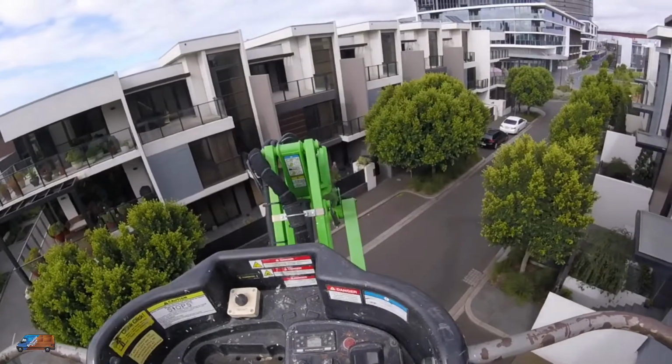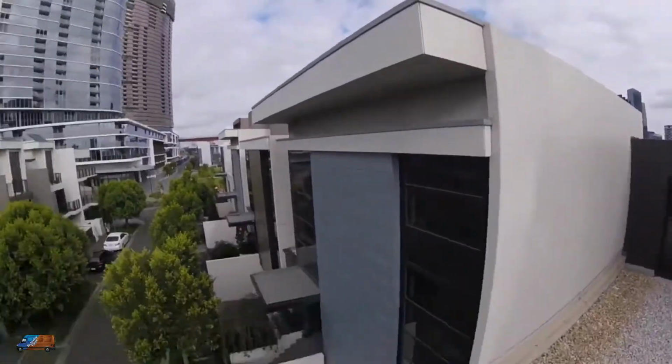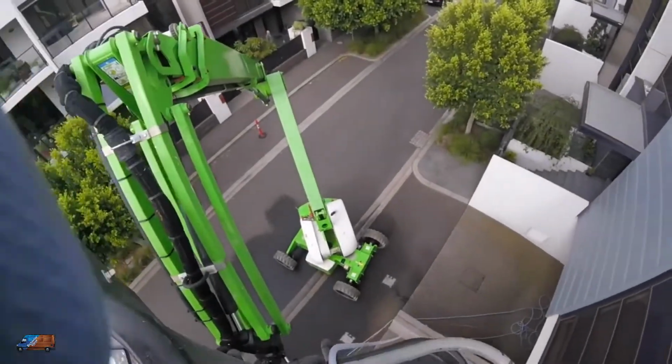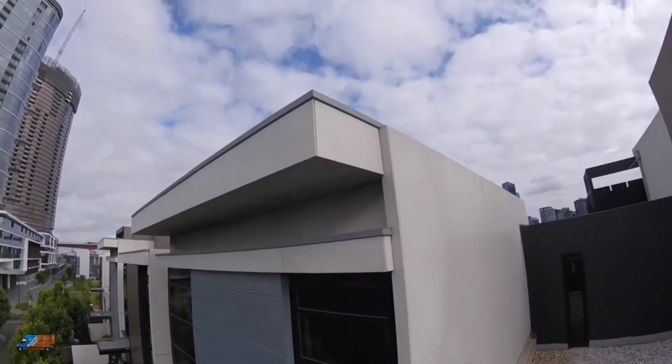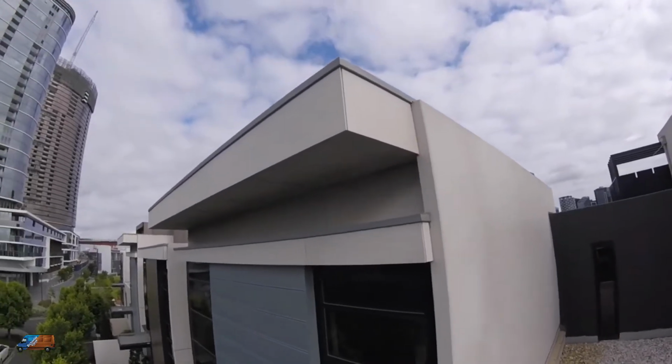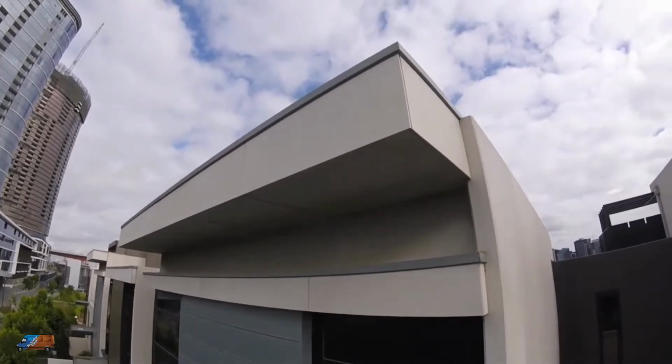Just going to show you this. We're just working off a boom lift here, as you can see, on a property in the inner suburbs. As you can see here, it's really dirty. It looks like there's been quite a bit of water damage here